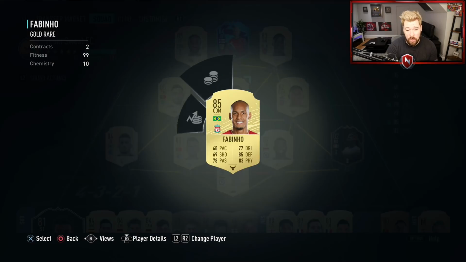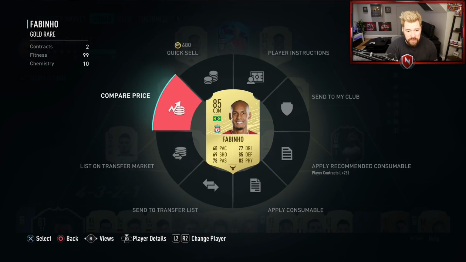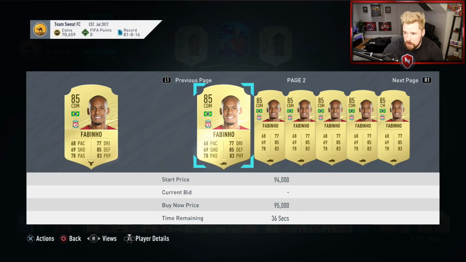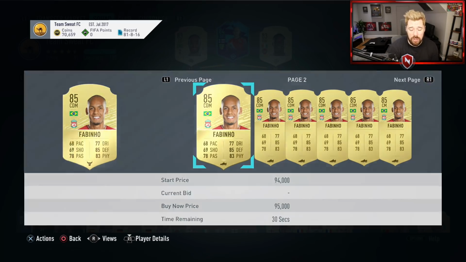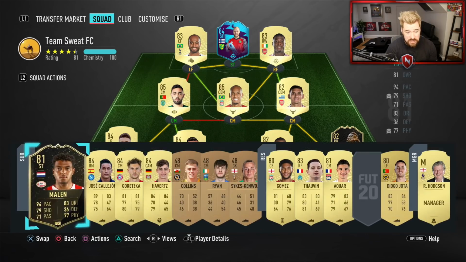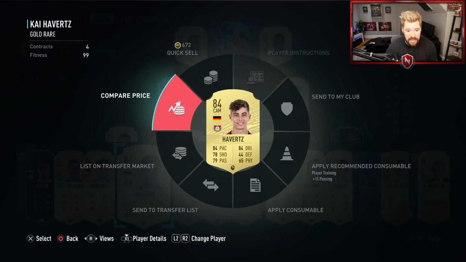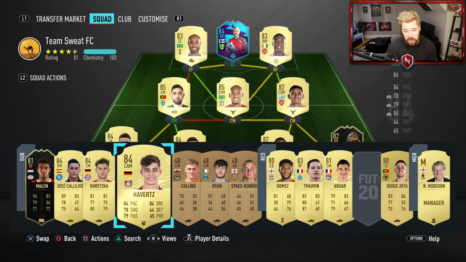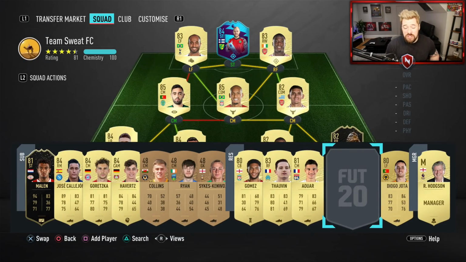Alternatively, I could just go and sell Fabinho. He's a little bit cheaper than... Oh, wait, hold on. Has he actually gone up? It looks like he's gone back up. He went down into the 70s, I believe. He's currently at 80k now. So, yeah, I could get 80k for Fabinho, 50k for Lucas. I could go and sell Kai Havertz for about 30k as well. And all of a sudden, I'm looking at adding an extra 150k to my coffers